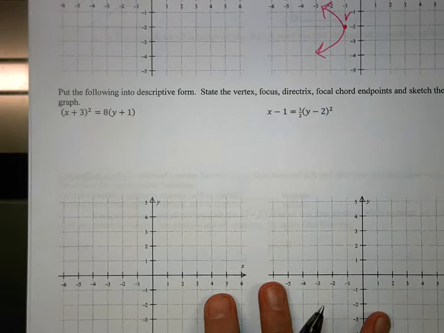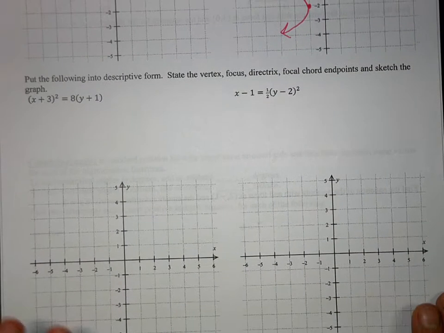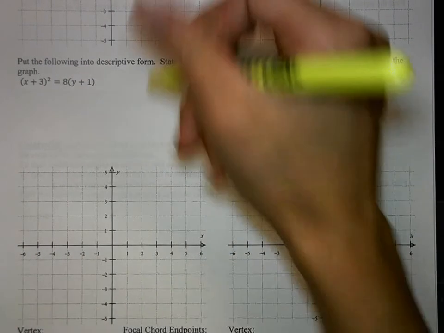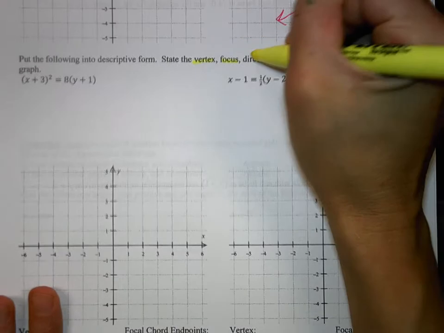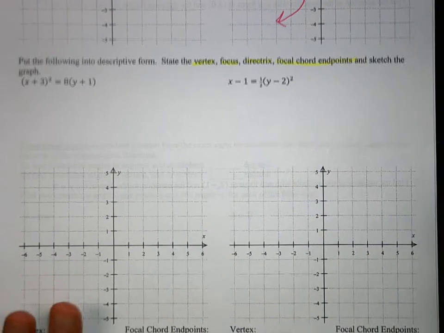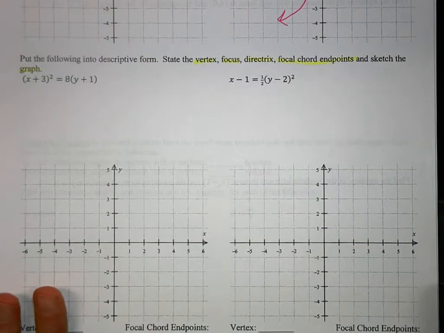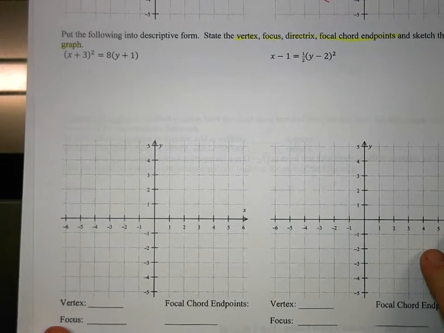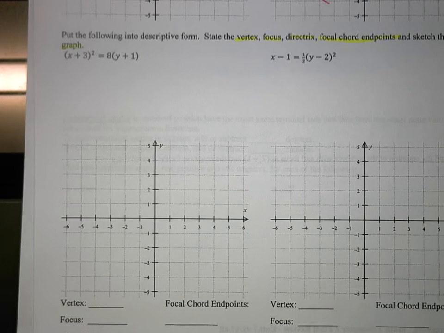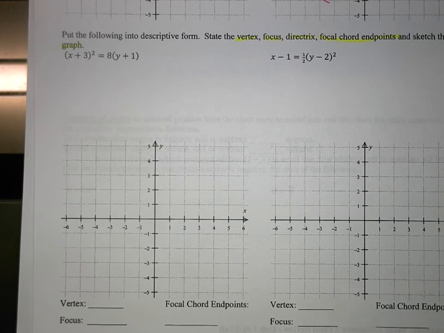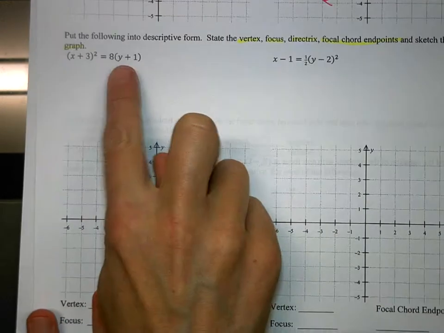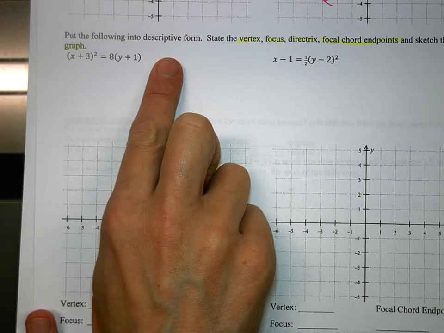Okay, this next part states to put the following into descriptive form. But now we need to state the vertex, focus, directrix, focal chord endpoints, and graph. Okay, so we have to do everything, which takes a little bit more work, but you guys got this. So what is being squared right now? The x, which means we want to get the y by itself. It is easiest when it is written like this to just divide both sides by 8,